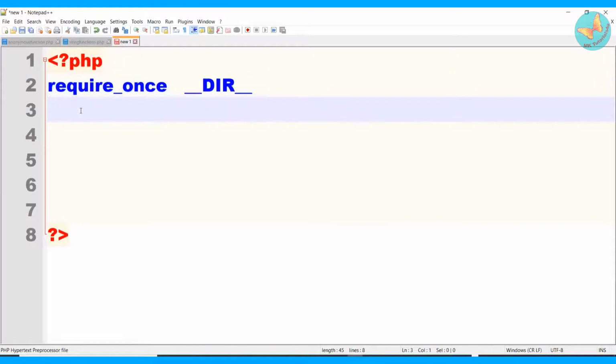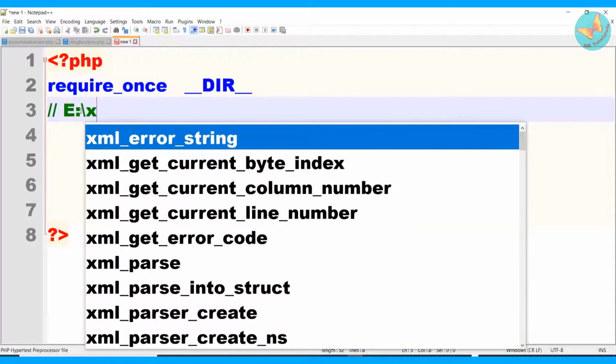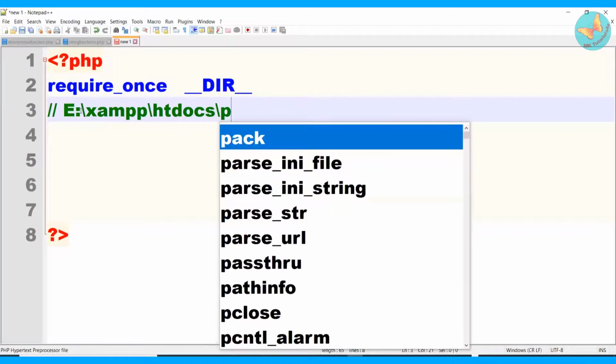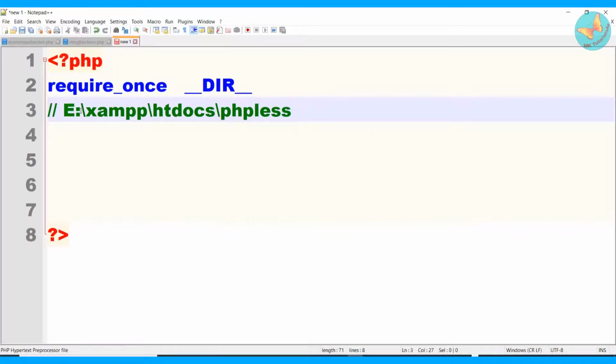If you recall, currently my directory is nothing but E drive XAMPP /htdocs/php lessons, and within this PHP lessons, my vendor folder is there. So I need to add that path here further.